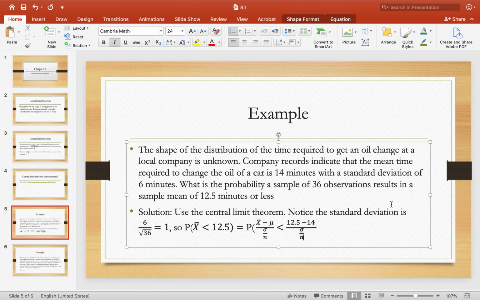Then sigma over root n, this whole quantity in the denominator, is 1. So that winds up being the probability that a standard normal, a Z, is less than